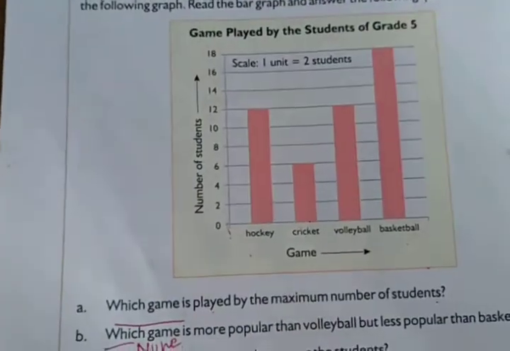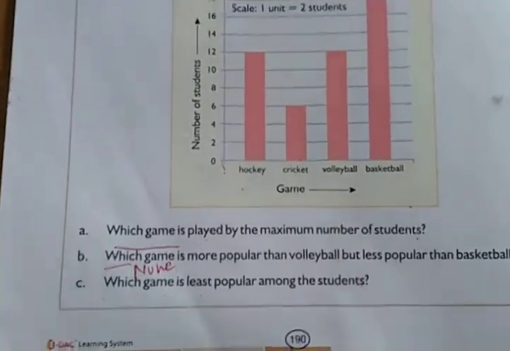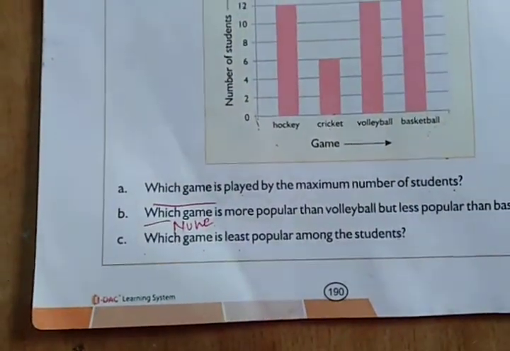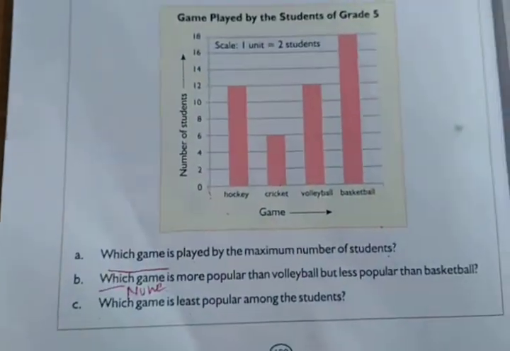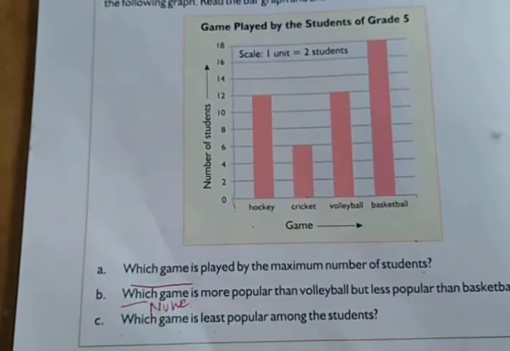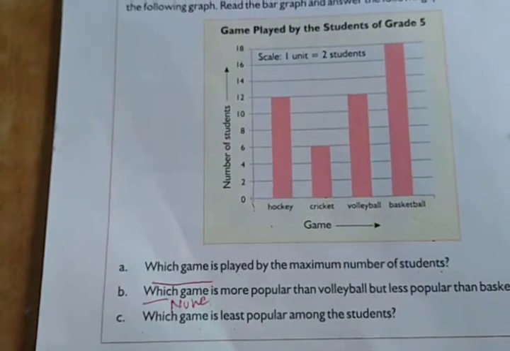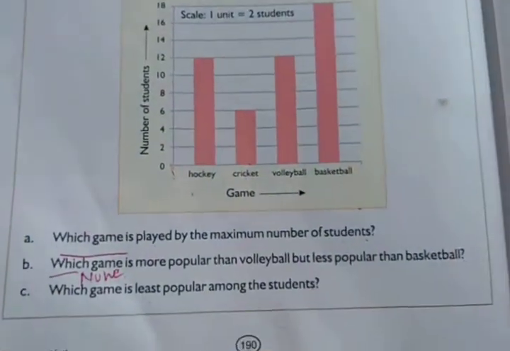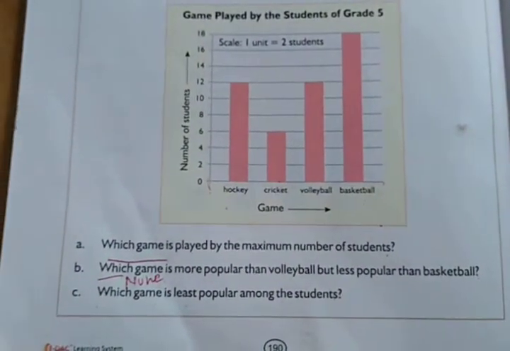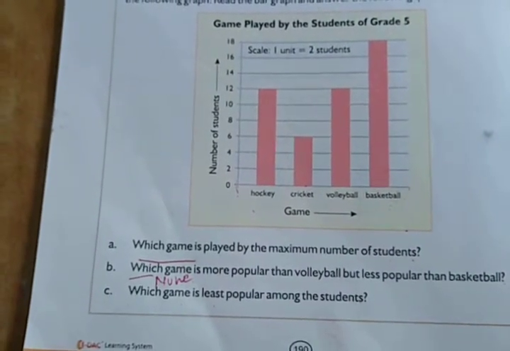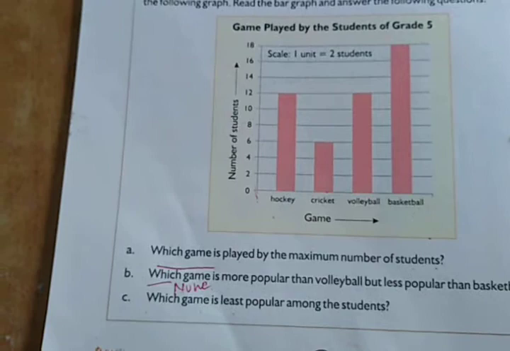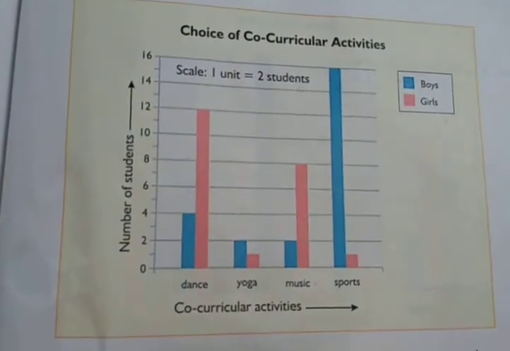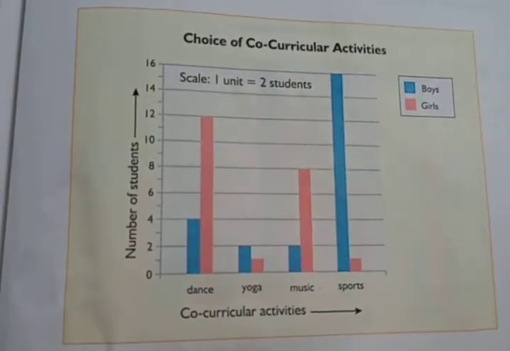Then in the next video, I will teach you practice zone 5, which is based on the double bar graph. A double bar graph helps us compare two kinds of information using two colors of bars side by side. So this is a double bar graph. I will teach you it in the next video.